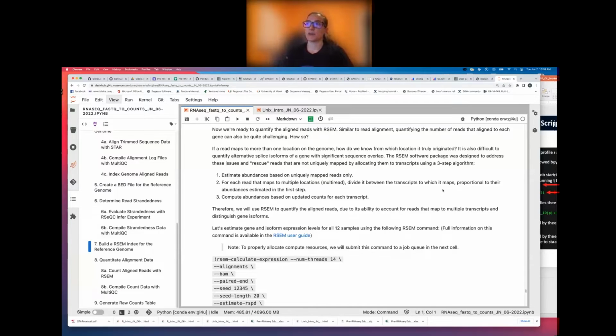the first step. So after it looks at the uniquely mapped reads, it'll estimate the abundance of the transcripts based on those uniquely mapped reads, and then it'll go through and look at the multi-mapped reads, and based on the abundance estimates of the transcripts in the first step, it'll allocate a portion of that read to one or more of the genes that it maps to. And then it'll compute the final abundance based on the updated counts for each transcript, now incorporating those multi-mapped